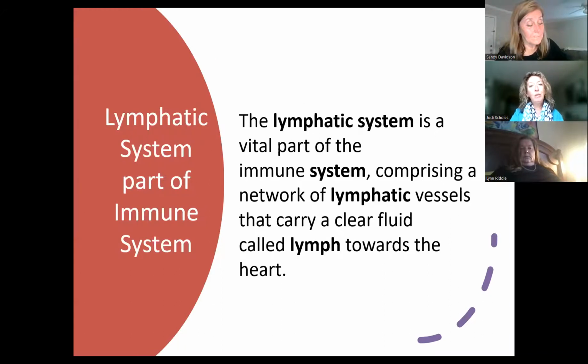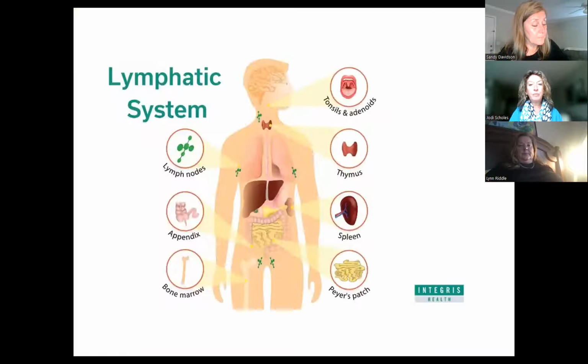All right. Moving away from the cardiovascular system into our lymphatic system. Now, some people will use the lymphatic system interchangeably with the immune system. The immune system is a bigger picture. Our immune system has a lot of different, oh, well, I have a slide on this. I added one. So let's just take a look at the lymphatic system specifically. It's a part of the immune system, and it's all those lymphatic vessels, lymph itself, that clear fluid. And here's the organs in the lymphatic system.